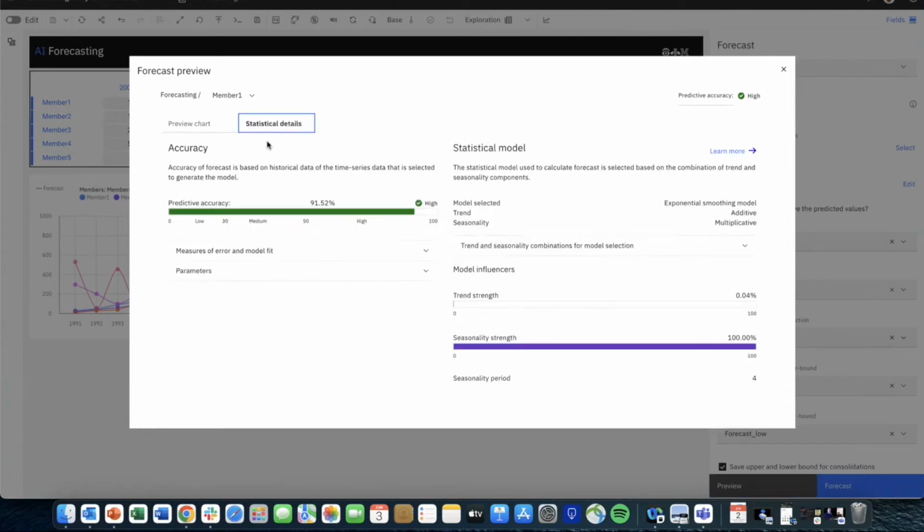And if you click on statistical details, it gives you a bit more information. So the accuracy was 91%. There was very little trend strength, 0.04%, but seasonality strength was quite strong at 100%. So it gives users a bit more information about how accurate this was. We're not trying to make business users into data scientists. We're trying to bring data science to the business users in an easy